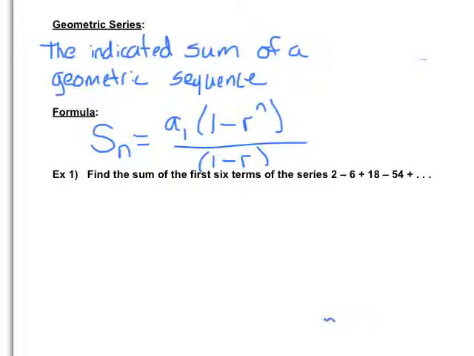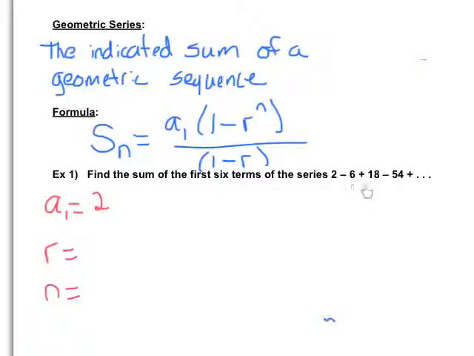So take a minute. Here's my example. Find the sum of the first 6 terms of this series. Take a minute before I tell you, and you figure out what a sub 1 is going to be, what the common ratio is going to be, and what n is going to be. That's all you need to know to use that formula. Once you have those things, a sub 1 is 2. The common ratio, now please be careful, this is 2